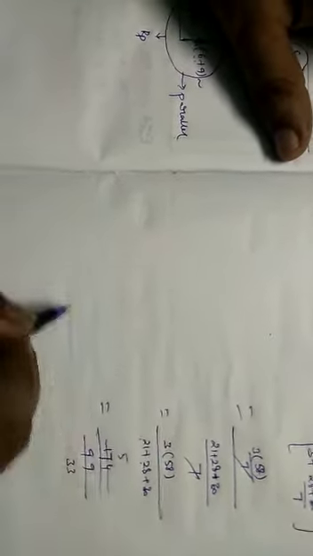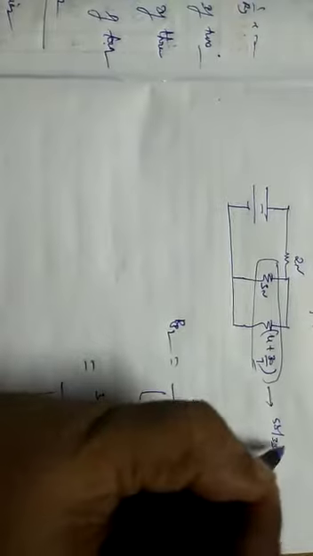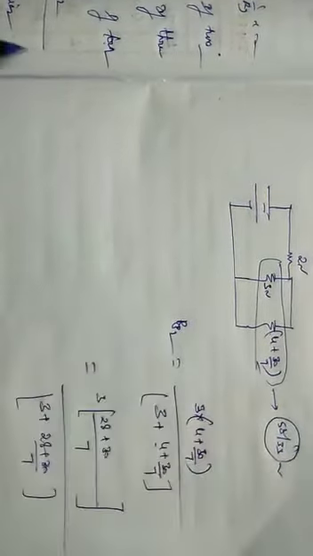You understand? So here the tables: 3 3s are 9, 3 5s are 15, 3 8s are 24. 58 by 33. So this is Rp2. Whenever these two resistances are parallel, we can get the value 58 by 33 ohms. Now this is a 12 volts battery.